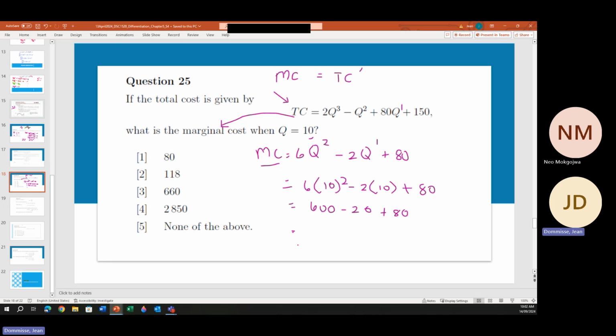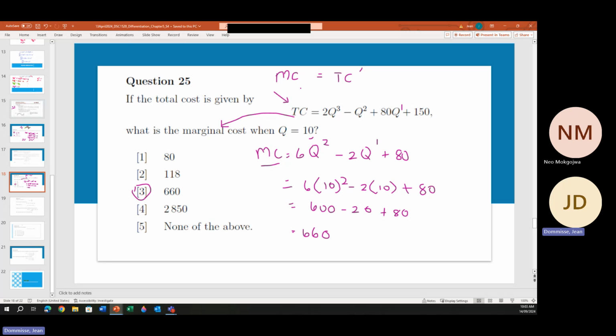And let me just get my calculator. So 600 minus 20 plus 80 is 660, which is option 3. So first, we needed to see, and we will cover that next week extensively, when